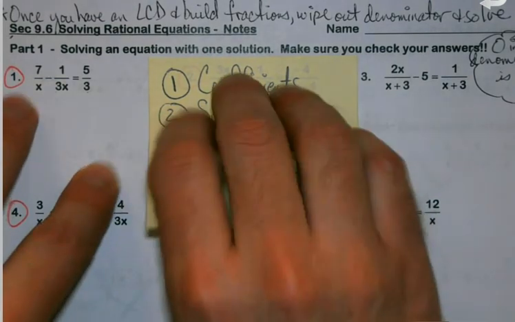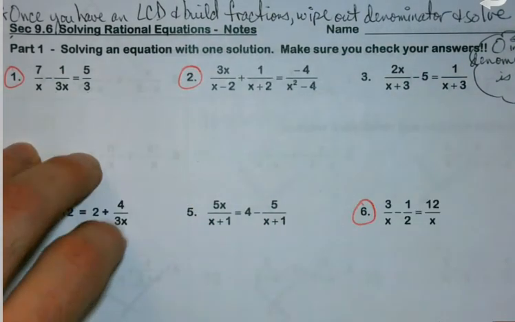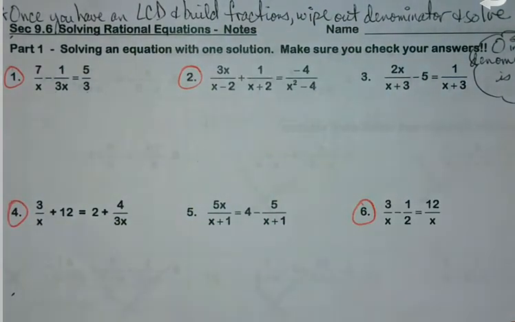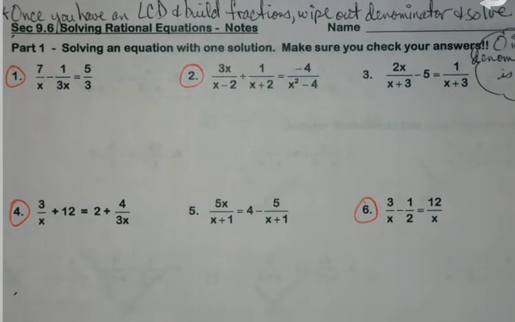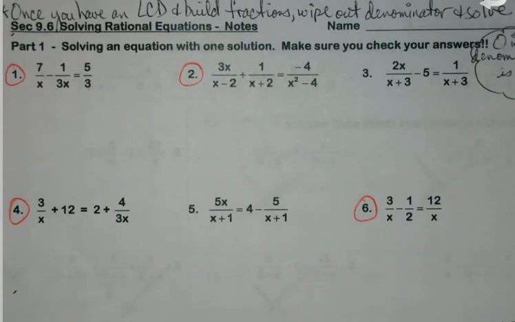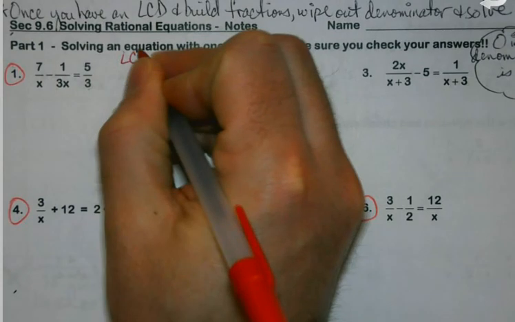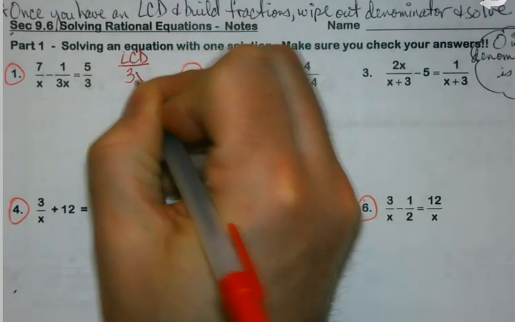But what our job is going to be, peel this back for a sec. I'll put it back momentarily. Is to kind of work our way through. Now I know you're like, what's this little message over here? We'll get to this. So okay, first things first, on every single one of these, we need an LCD. So on number 1, what would my LCD be? Okay, my LCD would be 3x, because